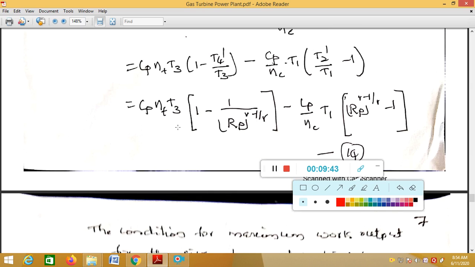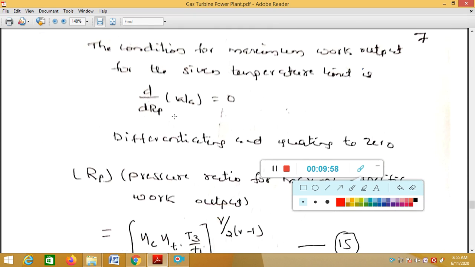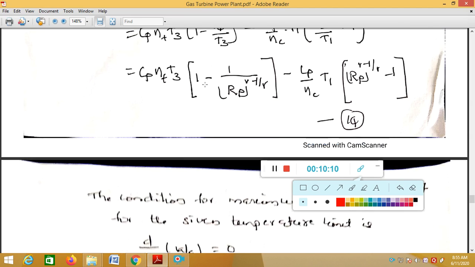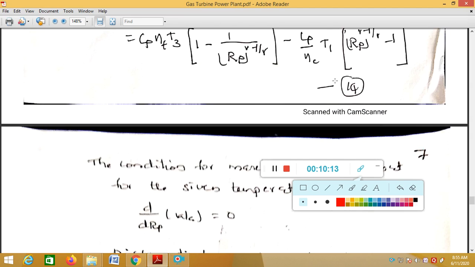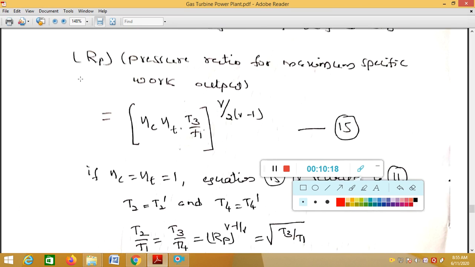Now for finding the optimum pressure ratio for maximum specific work output of an actual gas turbine cycle, differentiate equation 14 with respect to Rp and equate it to 0. T1, T3, eta C and eta T are already defined for the compressor and the turbine respectively. The only variable is Rp. Differentiating equation 14 with respect to the pressure ratio Rp and equating it to 0, we will get the optimum pressure ratio for